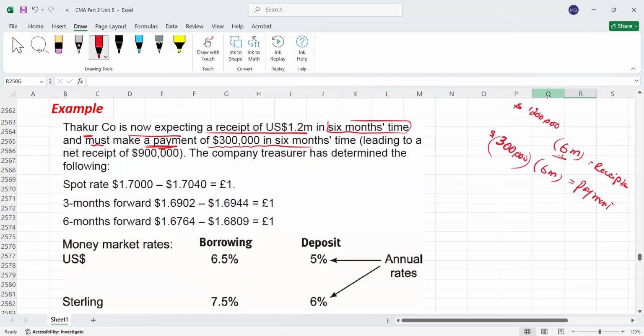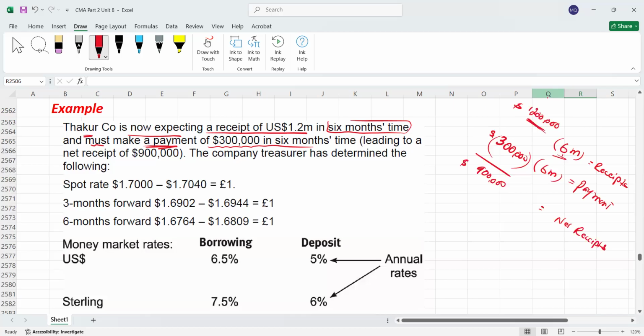So whenever duration is the same, first you should do the netting. So netting what? Receipt is 1.2 million and payment is 300,000. What is your net result? Net result is your net receipt. Net receipt is how much? $900,000, right? Now guys, being a good finance person, you have a receipt of 1.2 million, you have a payment. You should not set up the money market hedge for receipts separately and money market hedge for payment separately. No, you should first